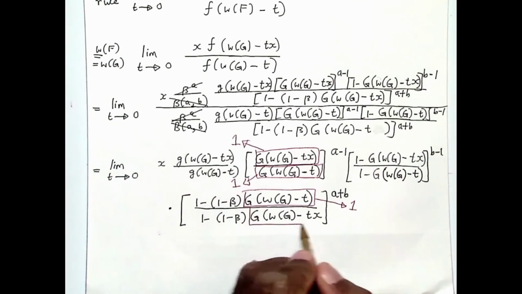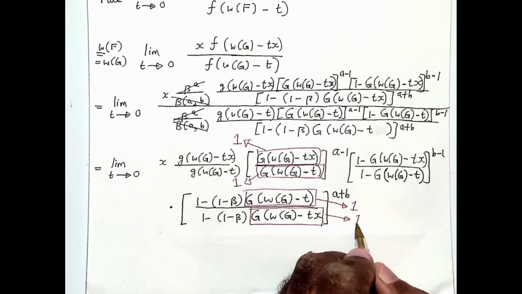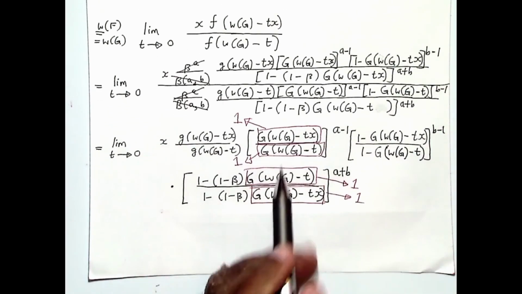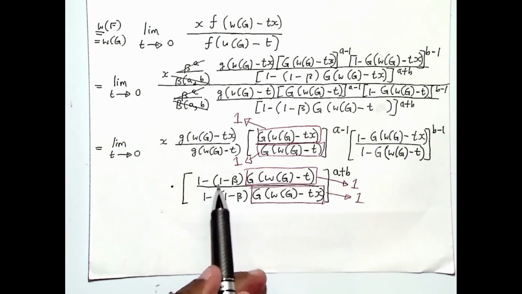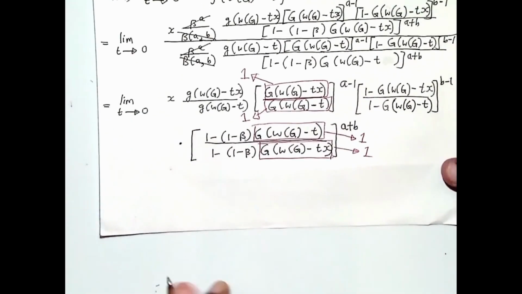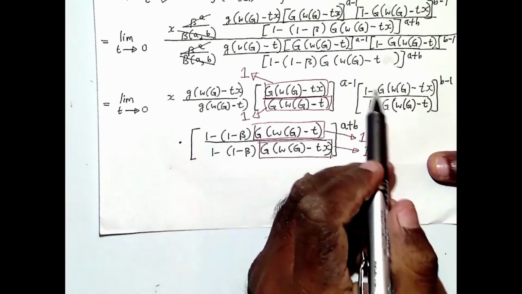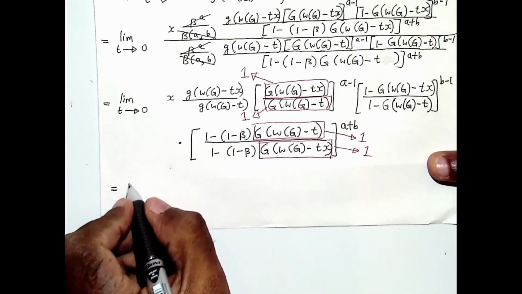And this also approaches 1. All right, I left out a bracket here. Okay, so you see 1 divided by 1 is 1, and here also beta divided by beta is 1. So the only terms that remain are this term and this term, right? So let me write them down. So it's the limit